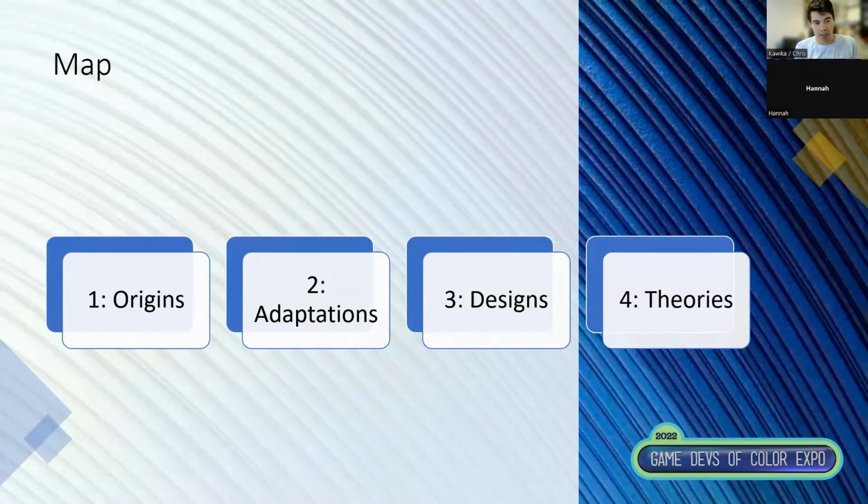So to give a roadmap of the next 20 minutes, first I'll talk about the origins of the project, and then we will talk a bit about the adaptation process leading from the novel to the game. Then Hannah will discuss specifically some of her design decisions in programming the game. And then we'll end with some notes on the impact that we're hoping for the game to have and some theories about why we chose to do it the way we've been doing it.